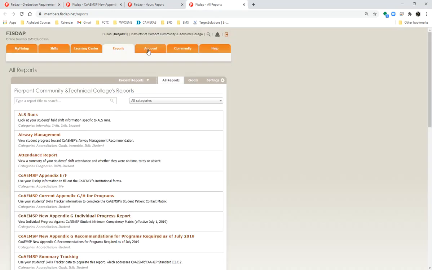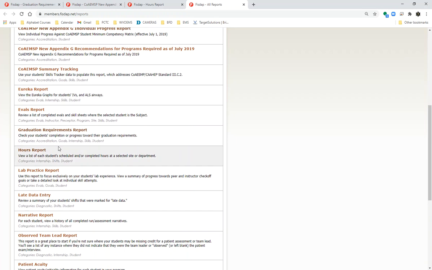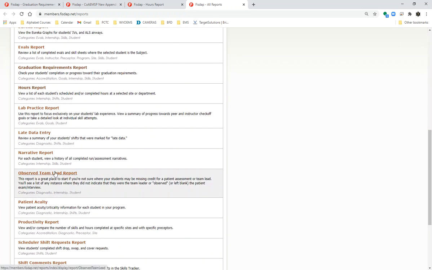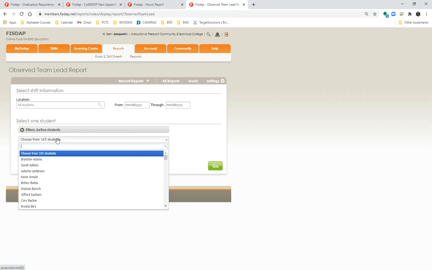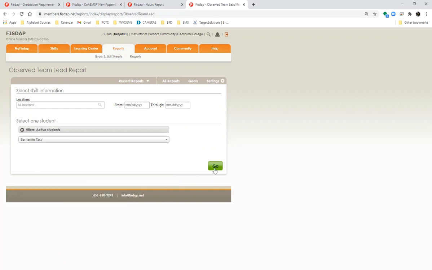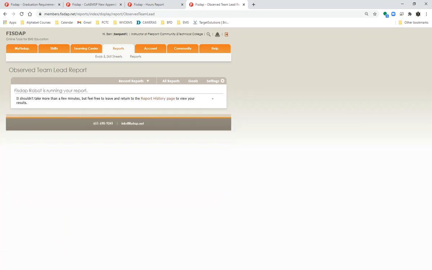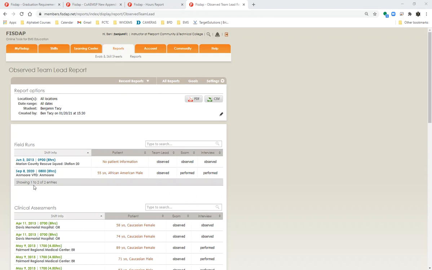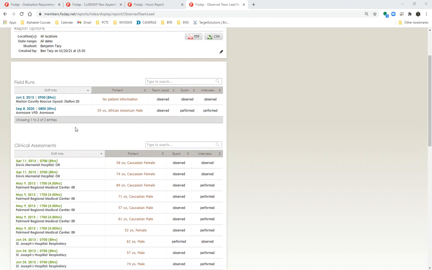So in the reports tab, you can go down to observed team lead report. So same thing, select the student, hit go, and let that report run. Okay, so the report's done. Now you can see all those things that were categorized